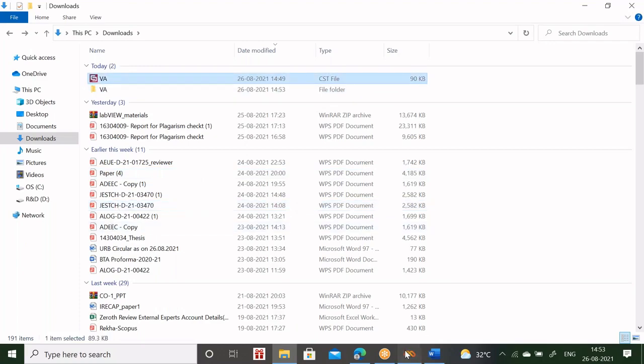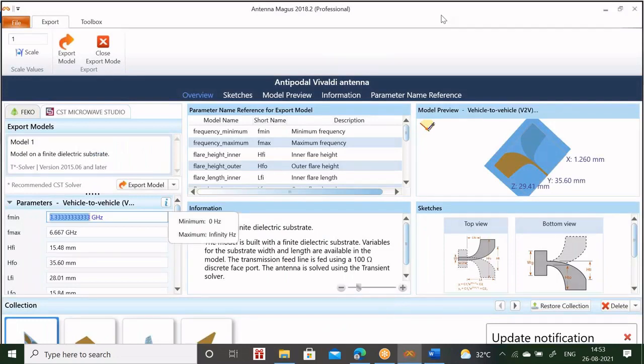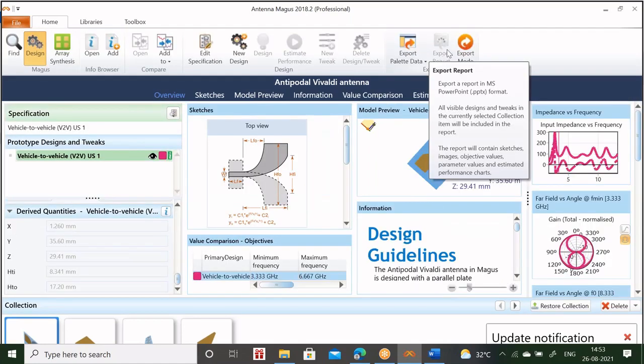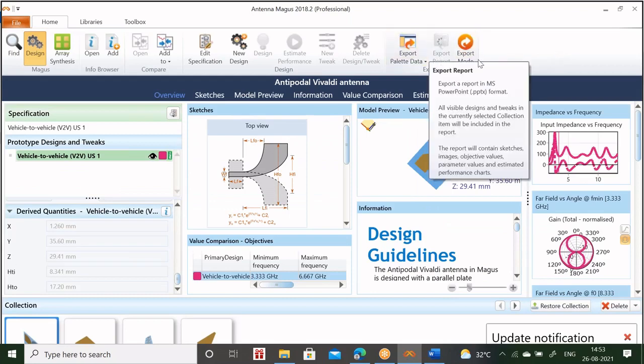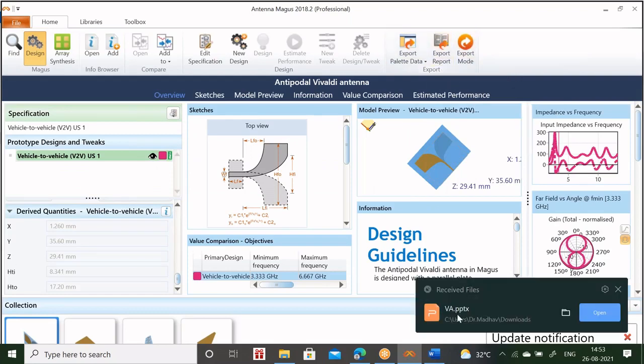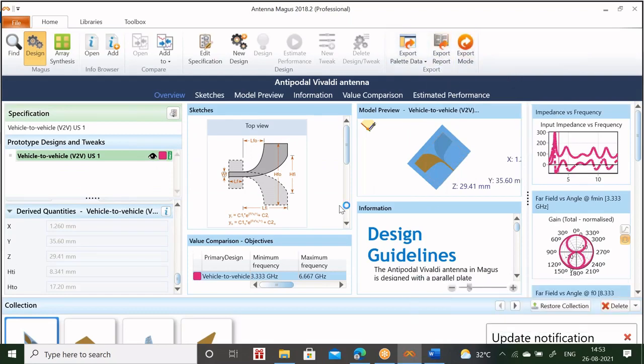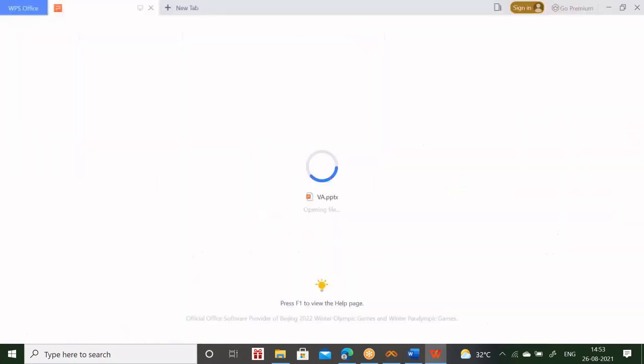I think it was not downloaded till now. Still it is in exported mode only. Yeah, it is going on. You can see here, this PPT export takes some time. So still it is exporting that model, and once it comes, yeah, over. Now you can see. Yeah. Now we got the PPT of Vivaldi antenna.